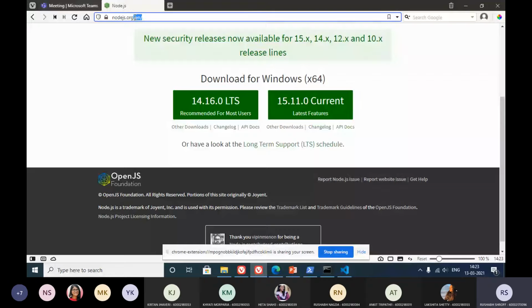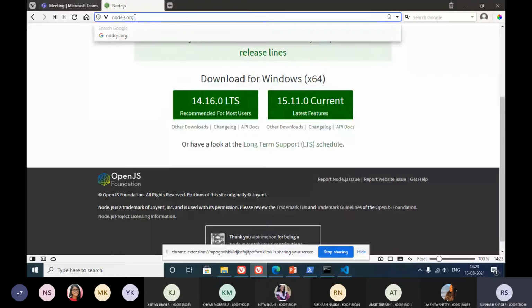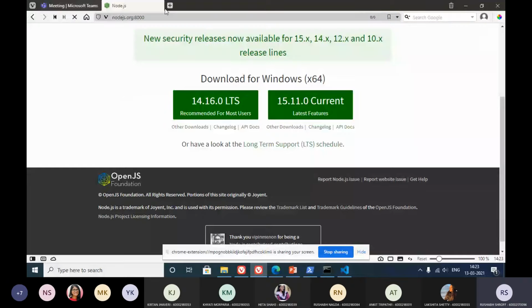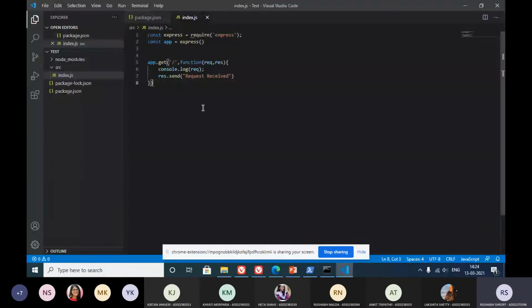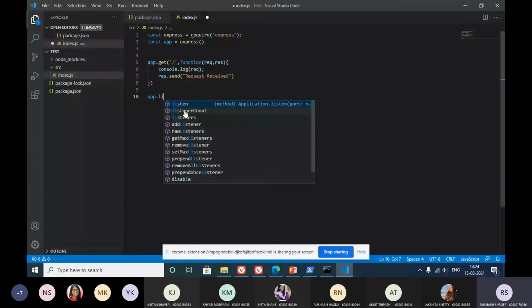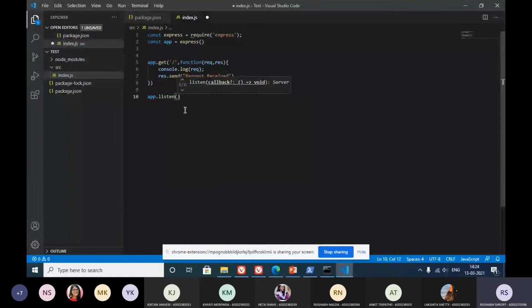If you want to send a request onto some other port, what you have to do is type a colon and then pass the port number, and then you can send a request, which is going to be rejected or accepted depending upon the server. That is fine. So in our case, we'll start listening. app.listen is a function that is called to make your application listen on a certain port. And there's a callback over here.